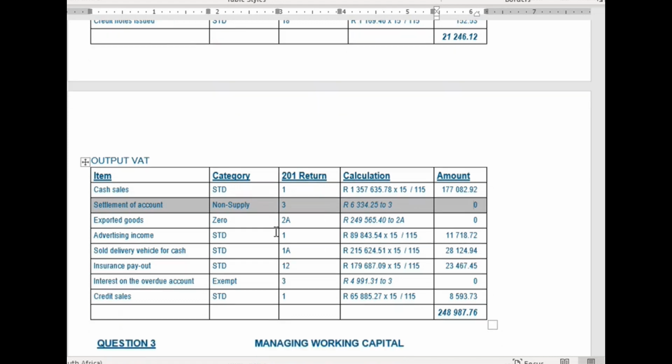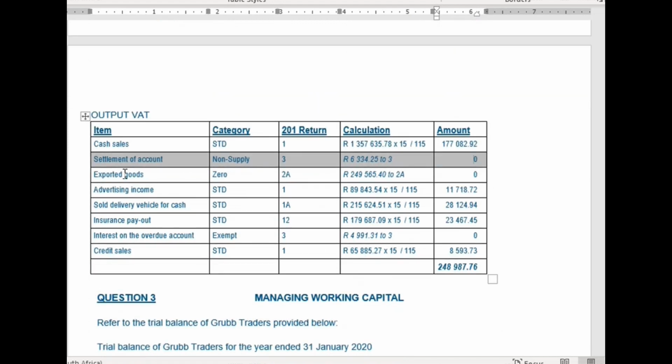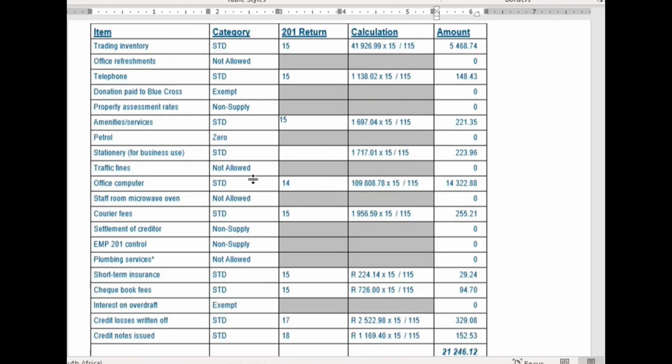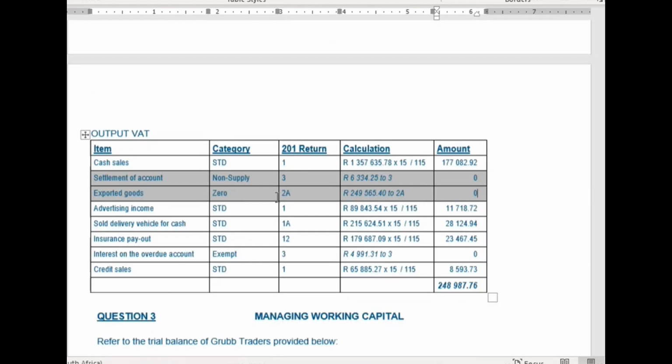They just want to see that. Exported goods is also 0 rated. So it's going to be 0 there, but on the form, once again, under 2A, there is a specific space for it. So there's none of this really that's going on with your input VAT, but with your output VAT,